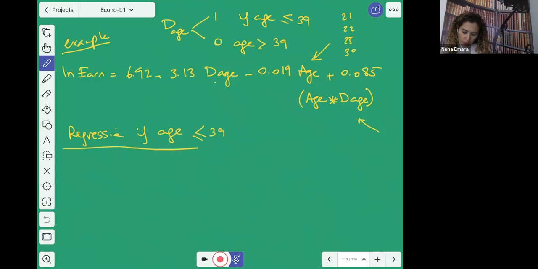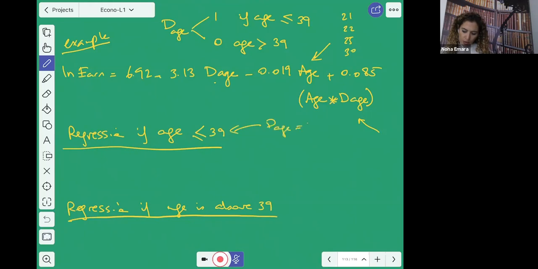Okay, and what is the regression if age is above 39? So one regression, I'm going to plug in D. So this one implies that D age is 1. This one implies that D age equal to 0. And if I plug 1 and I combine, then